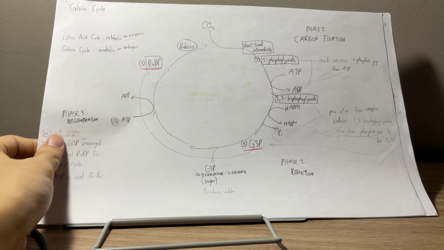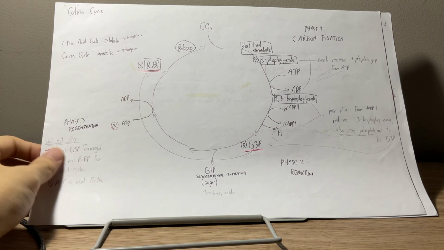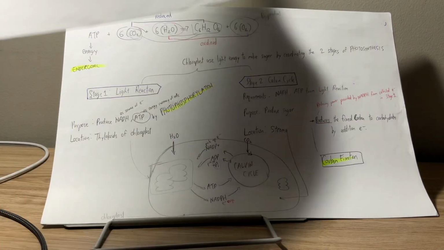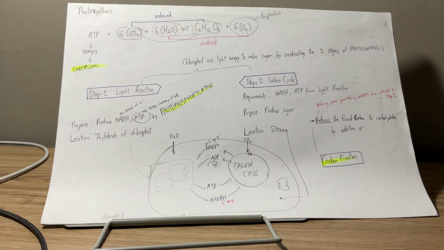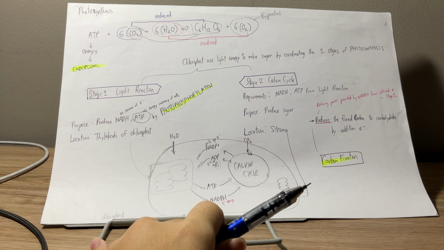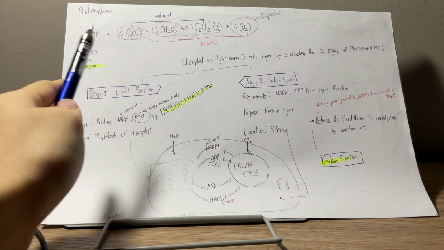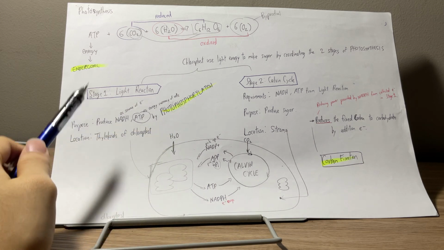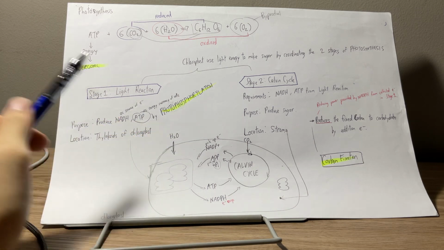Okay, could have detailed better, but yeah. Okay, what's this? Photosynthesis. Okay, this is another take of the concept. So photosynthesis, we have 2 stages. One is light reaction, the second is Calvin cycle.